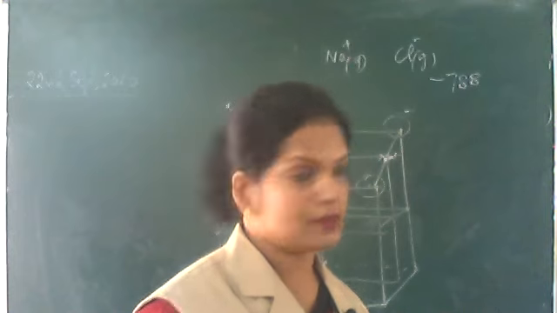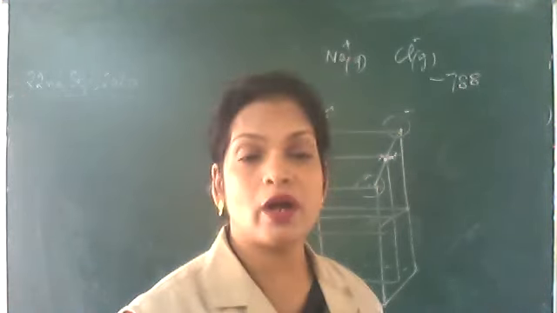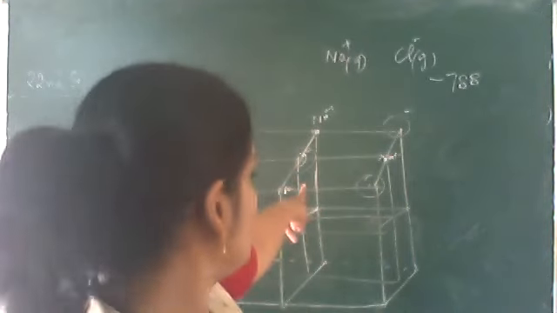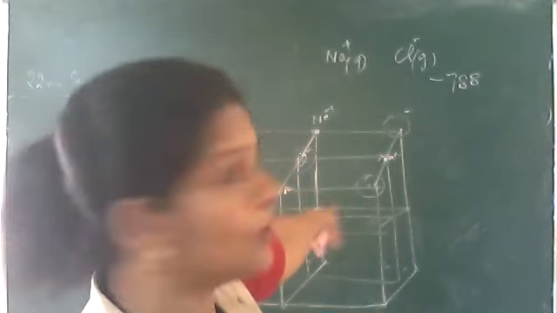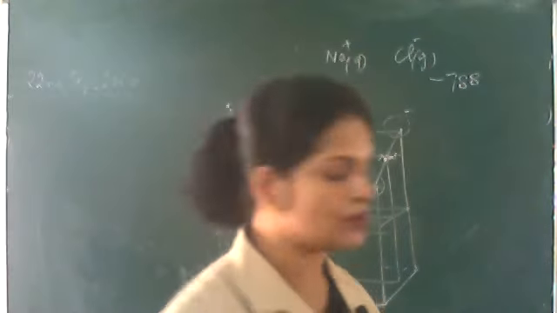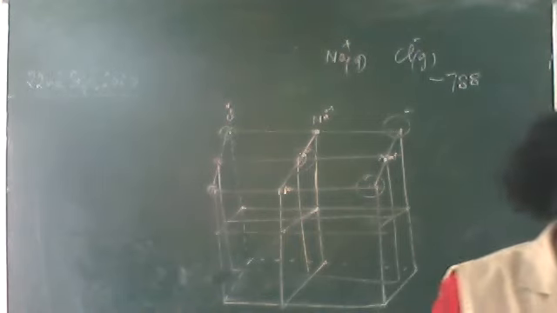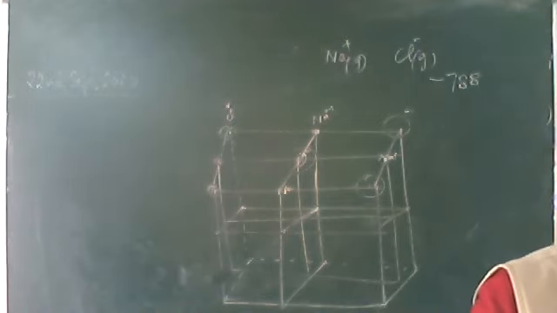Lattice enthalpy is the amount of energy required to break 1 mole of solid ionic compound into gaseous constituent ions. Write down lattice enthalpy. It is the amount of energy required to separate. It is the amount of energy